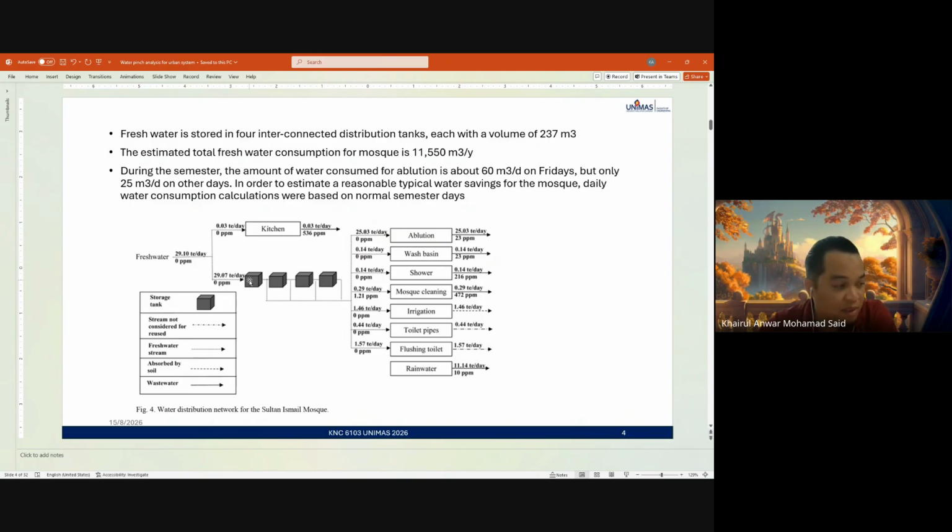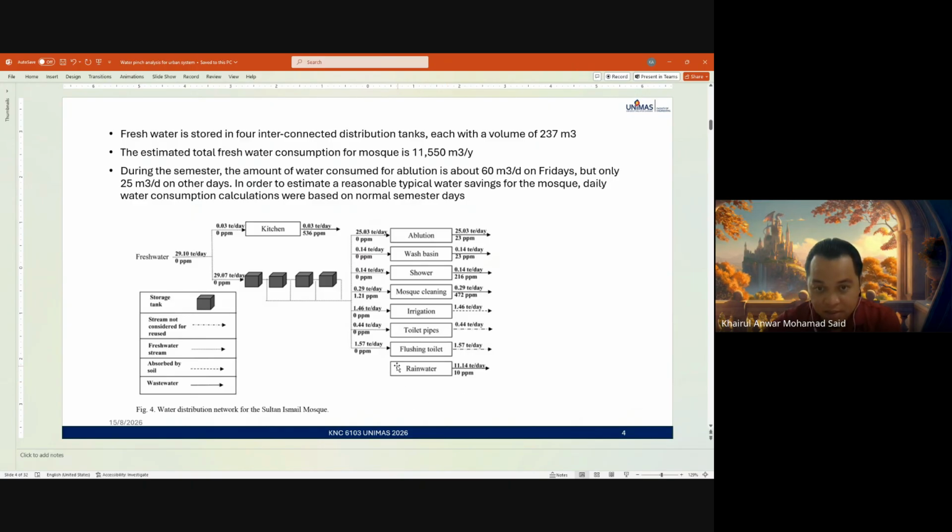The rest goes to, in tonnes per day, distributed among 4 storage tanks, each with a volume of 237 meter cube. From these 4 tanks, the water will be used for ablution, wash basin, shower, mosque cleaning, irrigation, toilet pipe, flushing toilet,